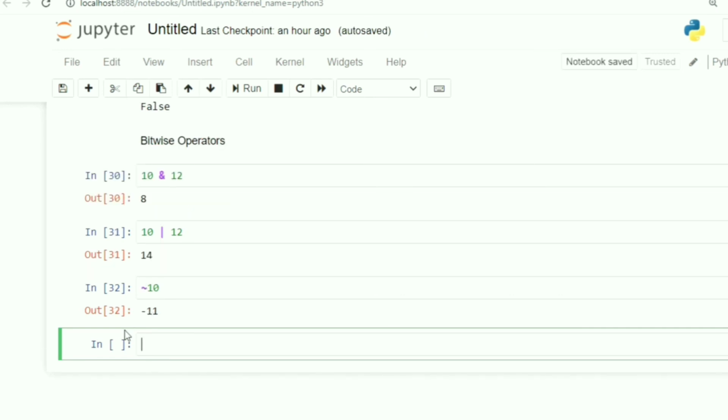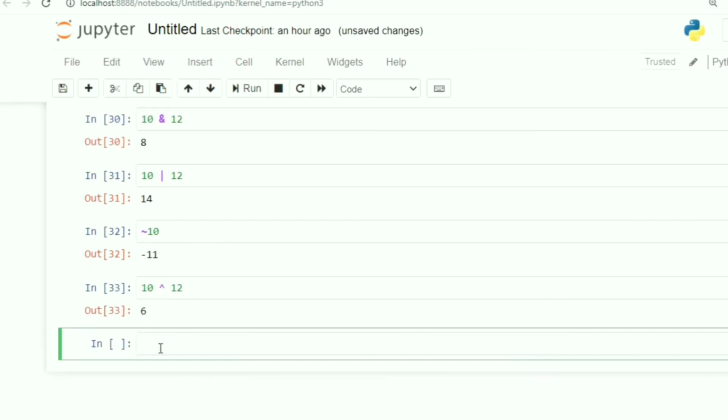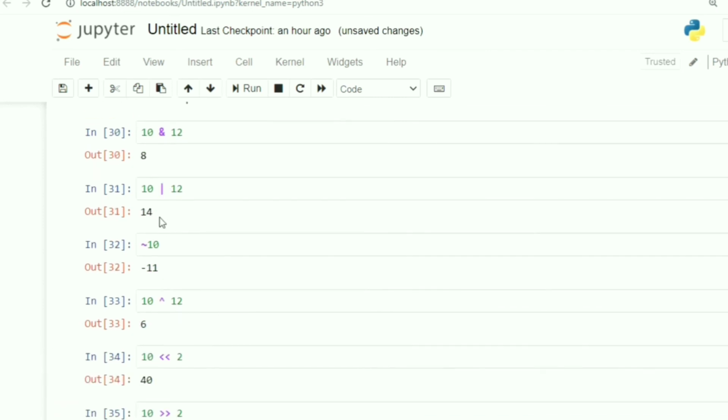So this is AND, OR, NOT, and let me do the XOR operation. 10 XOR with 12, the answer is 6. And lastly, if I want to do 10 left shift by 2 bits, the answer is 40. Just now we have verified that. And if I am doing 10 right shift by 2 bits, the answer is 2. Just now we have seen this.